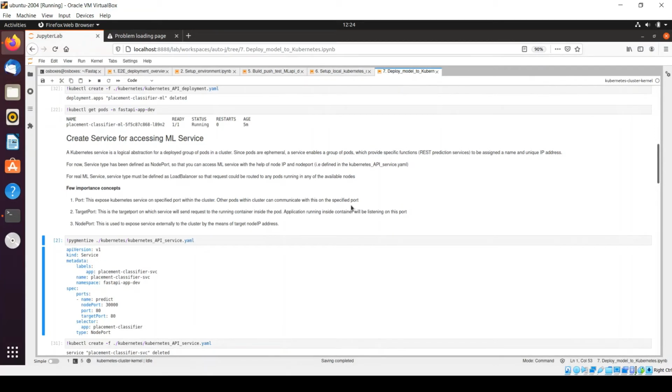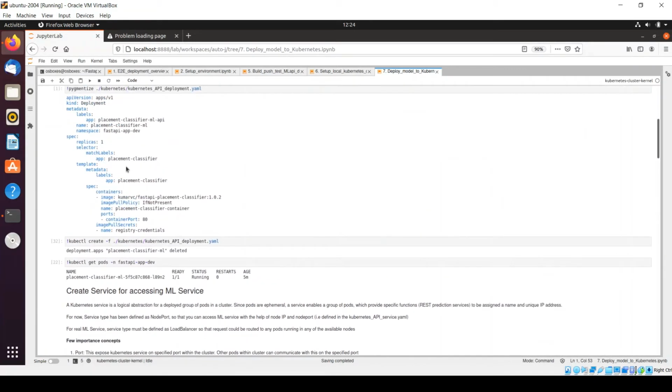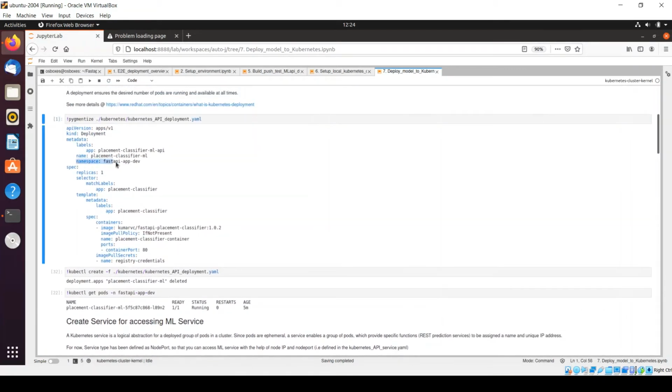And that namespace is only for ML API. Right? So that's what we have defined here, namespace. Services would be deployed inside this namespace, and similarly the deployment would be installed within this namespace. Right? So in this way, we can define the namespace to ensure that it would be deployed only inside that namespace, which is particularly defined only for ML API deployment.